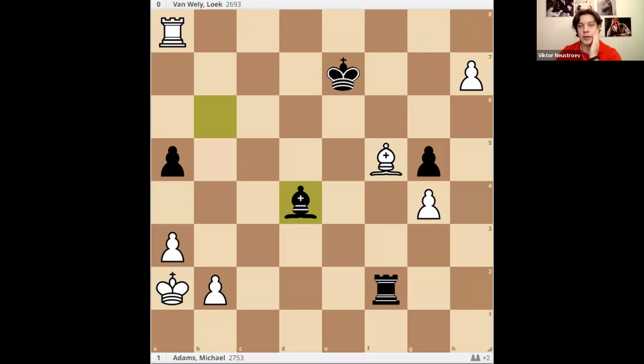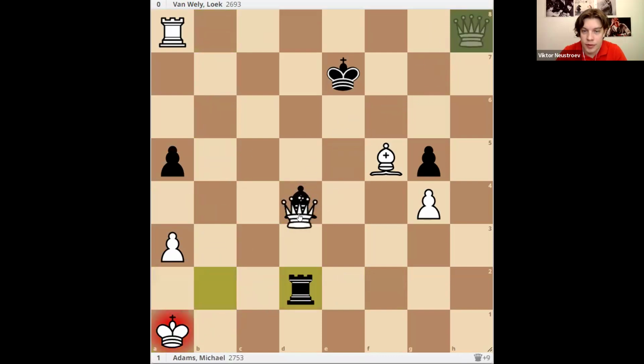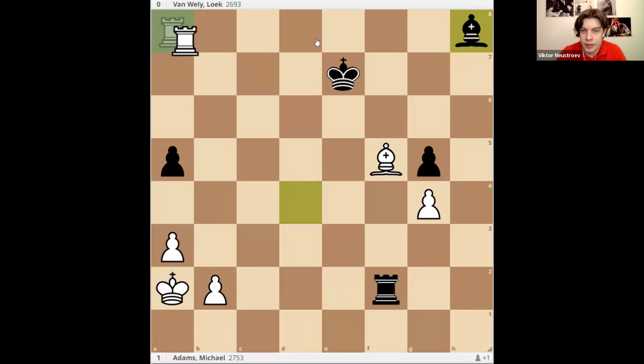Okay, guys, actually, it's much easier. You just promote. Why does it work? So now if they do this and they decide to move the rook somewhere, we can simply capture this bishop. Well, they can deliver a double check, but what's the purpose of these checks? It's just a rook blunder. And let's say this move, queen d4, that's it. So maybe this move, queen d4, and we are up a bishop and a pawn. So, well, if they take here, then we are still up a bishop and we simply take these two pawns and that's it. Okay, this is how the game ended.